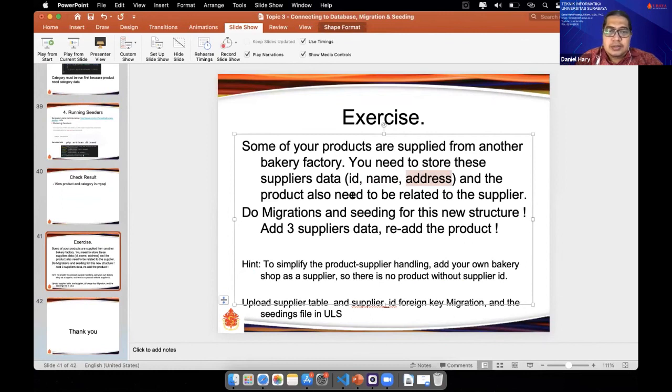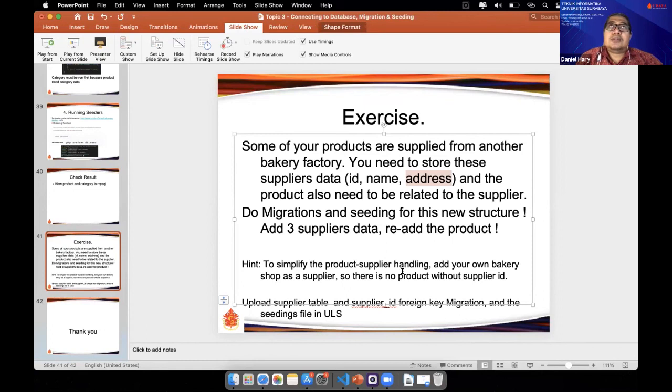Okay, to simplify the product handling at your own bakery shop, all of our products need to have a supplier. So there is no supplier ID with blank or zero or null. All products must have a supplier ID.